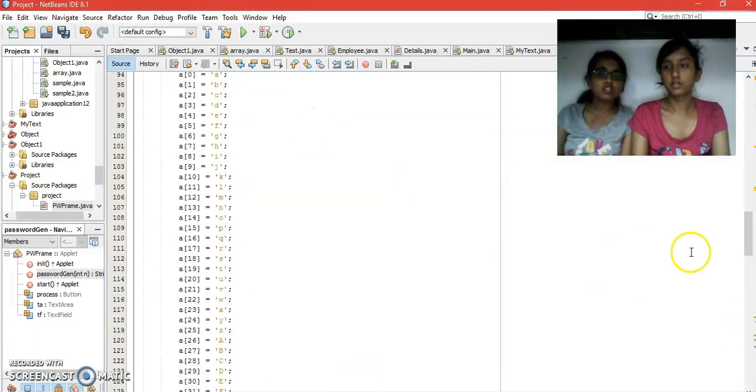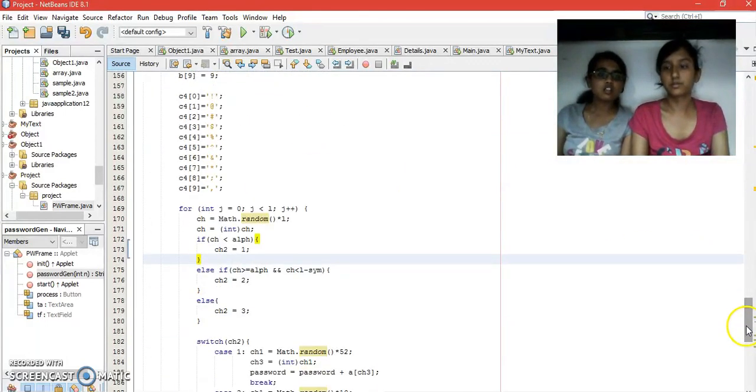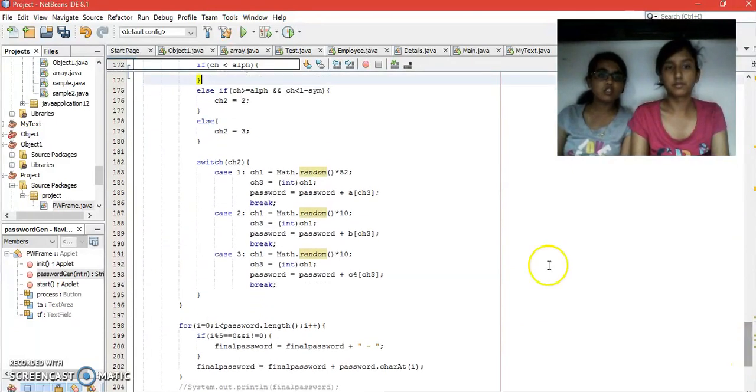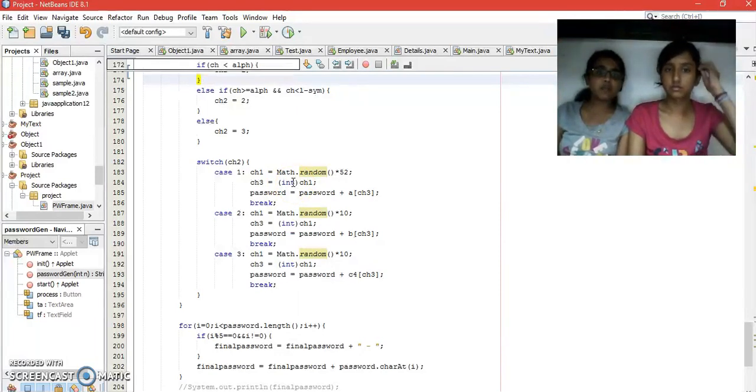C2 is given in the switch, and for case 1, CH1 is equal to, out of 51 alphabets, one alphabet is chosen, and in CH3 that is converted into integer, and password is equal to password plus the chosen alphabet.